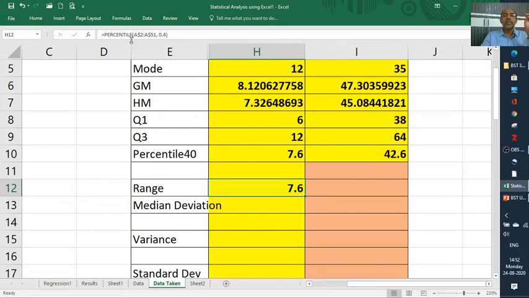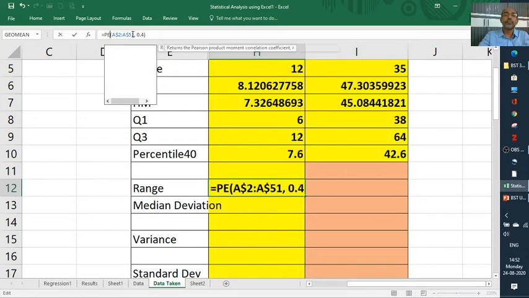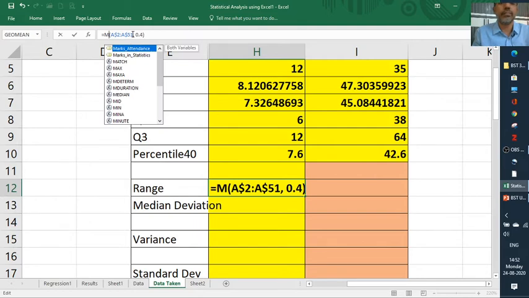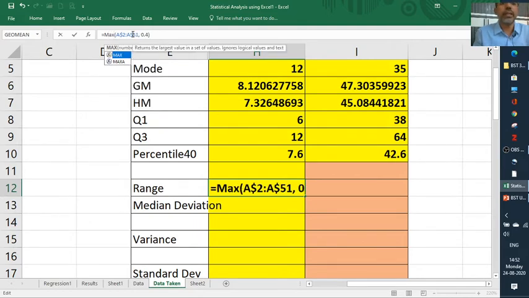Range does not have any formula of its own, hence put MAX, which is a formula, minus MIN, one more formula.